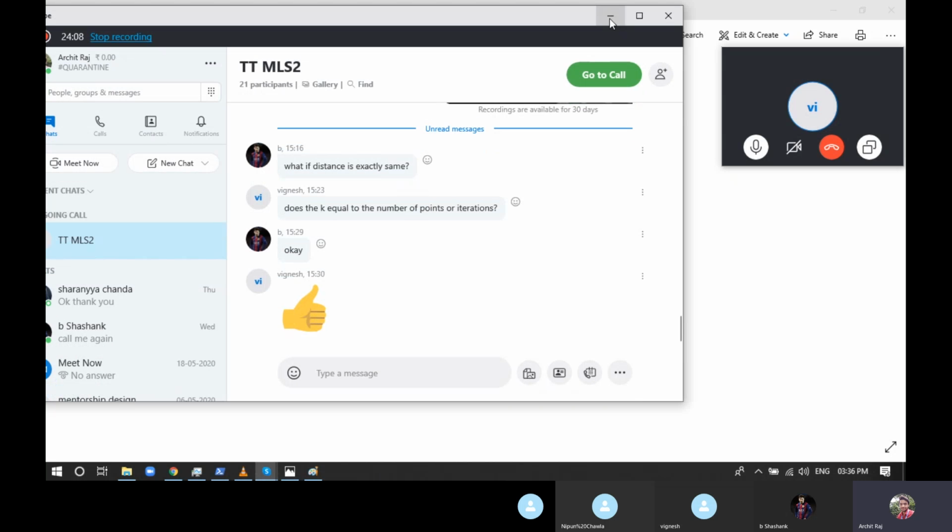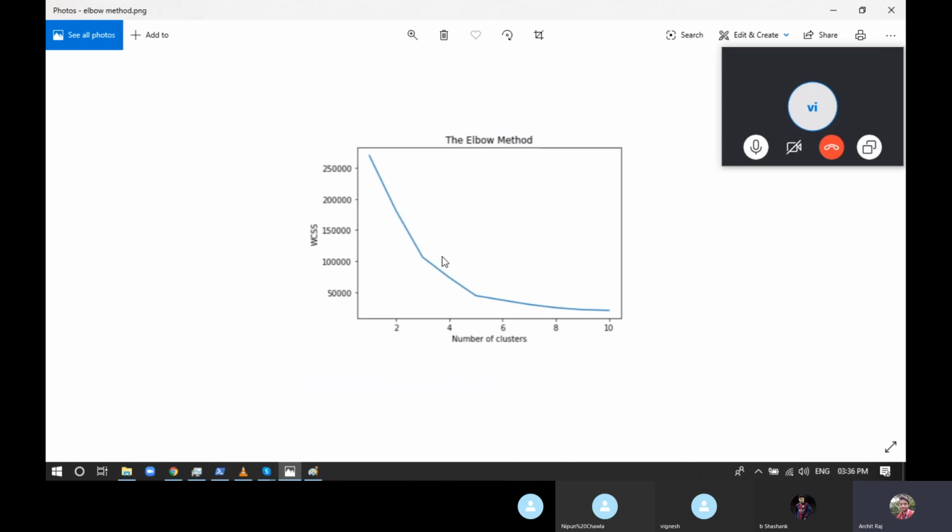Now, what exactly you have to find in this? We have to find an elbow point. What is an elbow point? An elbow point tells you where exactly there is a sharp turn in the graph. After that, the WCSS change is really, really subtle. Now you can see from 1 to 2, there is a sharp deviation. The value of WCSS went from 25,000 to somewhere like 10,000.